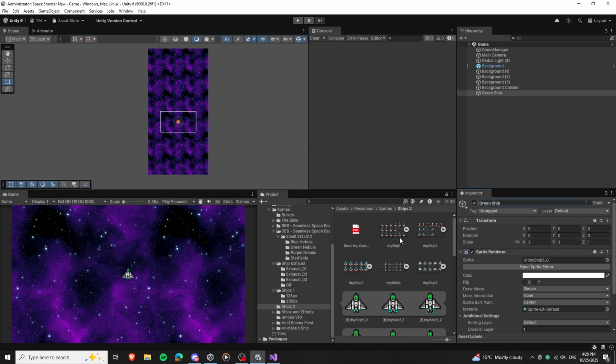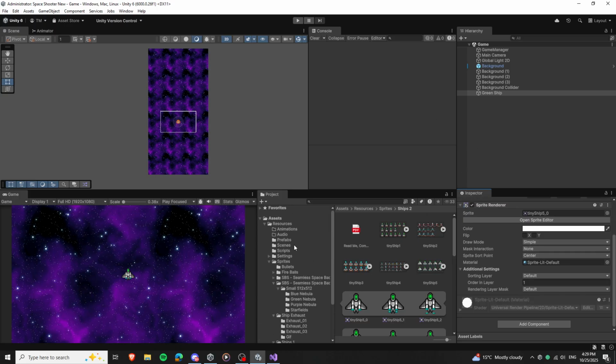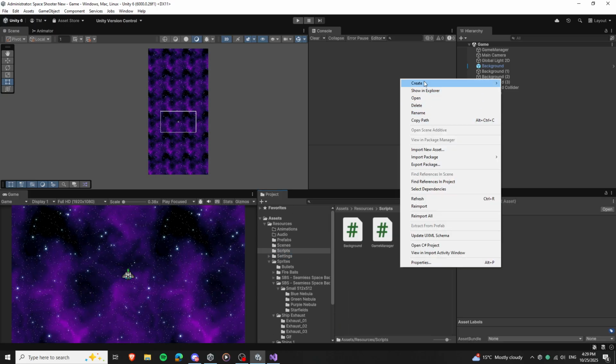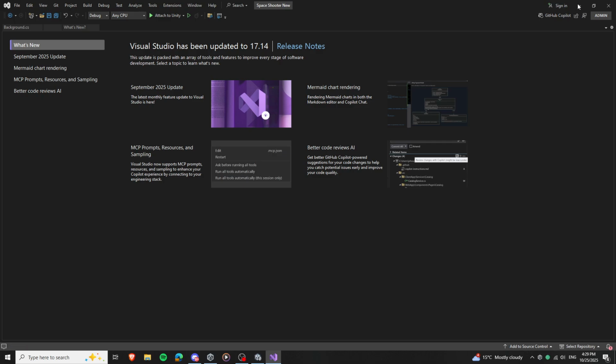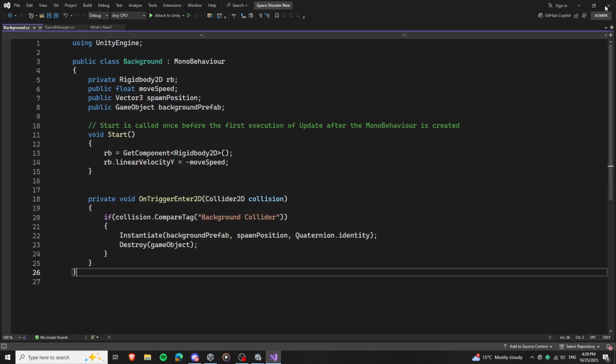Okay, so if you want to have multiple types of ships, then we must have a script for what they have in common, and then a script for the specific behavior. Okay, so we need to make 2 scripts for that. One we call player, and then the other one we'll call a green ship, because I don't know how to name it, so just